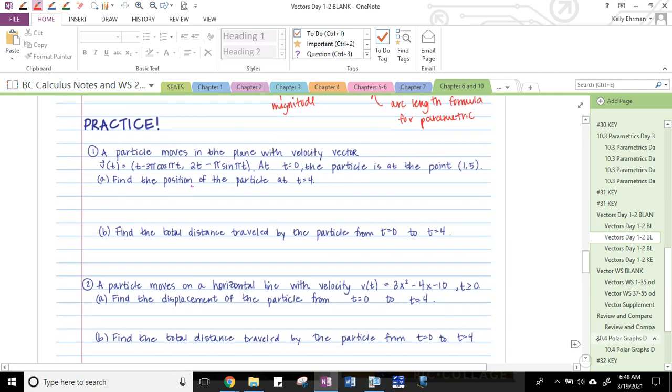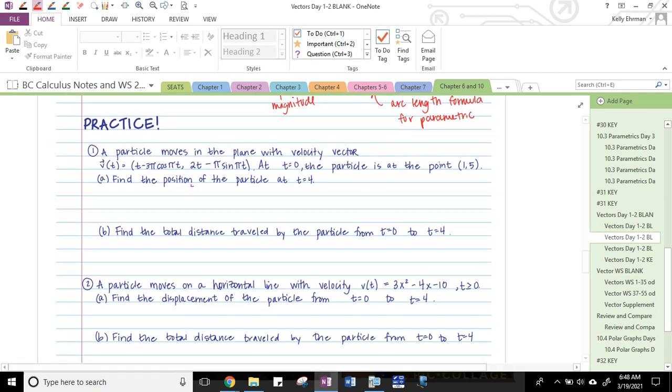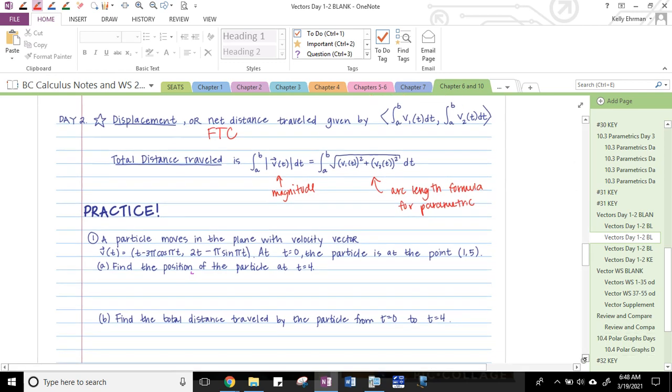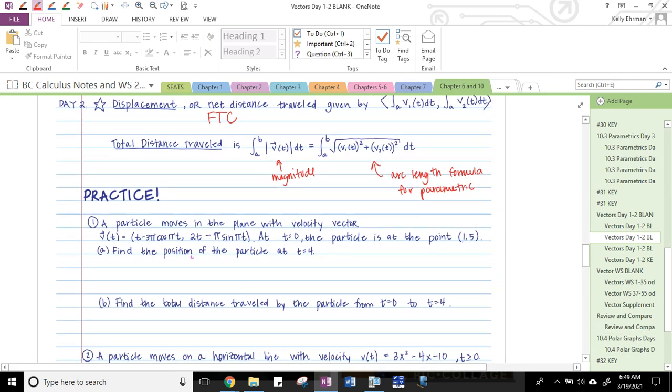All right, so we're just going to get into practice problems. A particle moves in the plane with velocity vector, this fun thing. At t equals 0, the particle is at the point (1, 5). Find the position of the particle at time equals 4. So this displacement is really just allowing us to use the fundamental theorem of calculus, right? So if I know that the x component started at 1, and then had this displacement between times 0 and 4